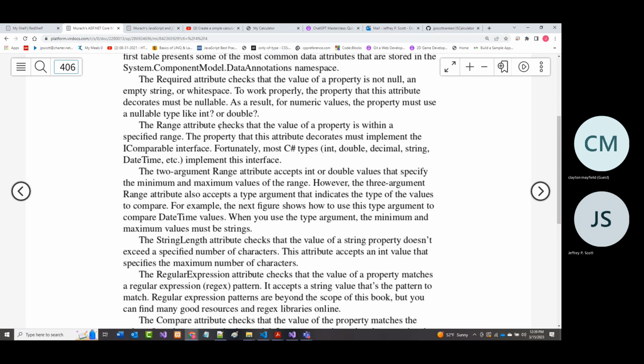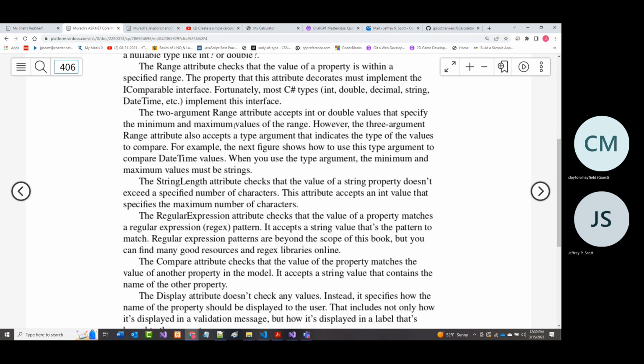Then we've got the range attribute. As it says, it works with a specified range. We may or may not have talked about this before, but this must implement the IComparable interface. You may or may not remember that interface from the AWD1115 C# programming class.